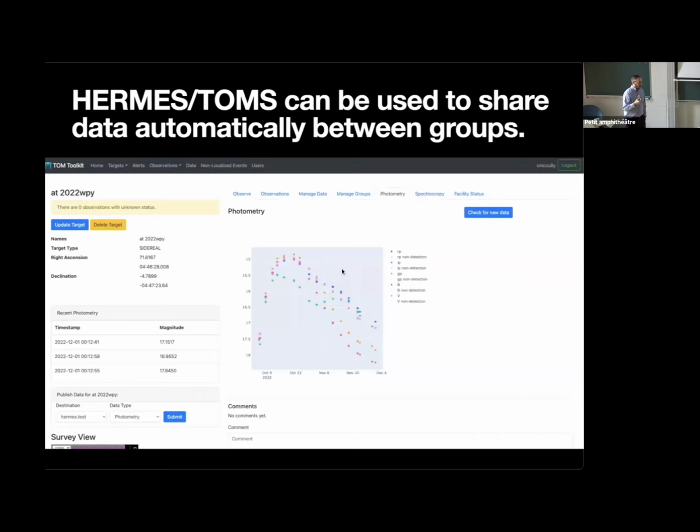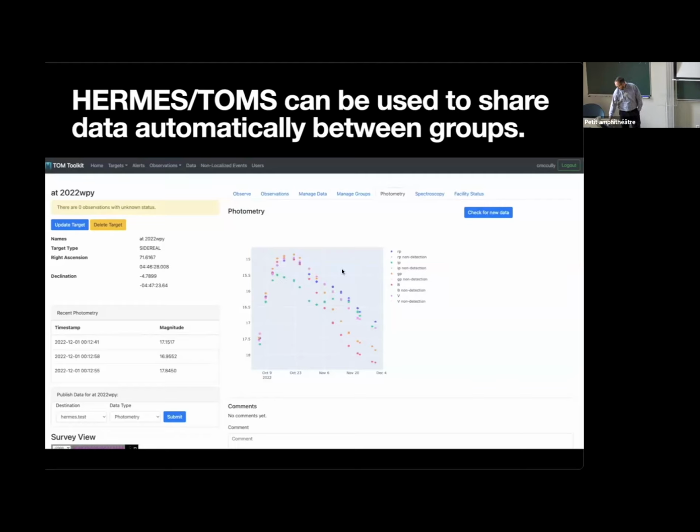The nice part about this is it solves one of the issues with sharing data: if we all have disparate systems with disparate APIs set up, it becomes very difficult to share with everybody you would want to share with. So it becomes an n squared problem. In fact, this pushes it back towards an n problem, where you submit it once via the Hermes API, and then everybody who wants to implement that as a listener understands it's going to be in this common format, so they're all able to ingest it at the same time.